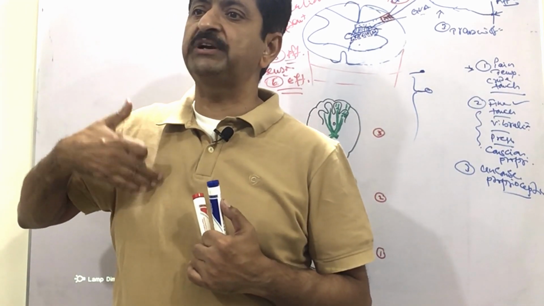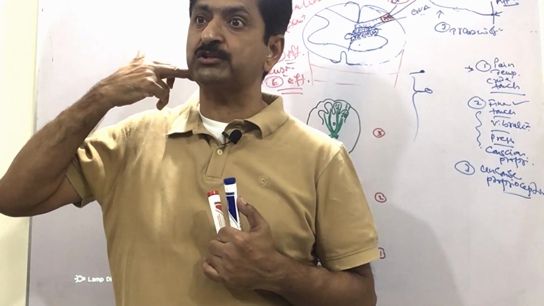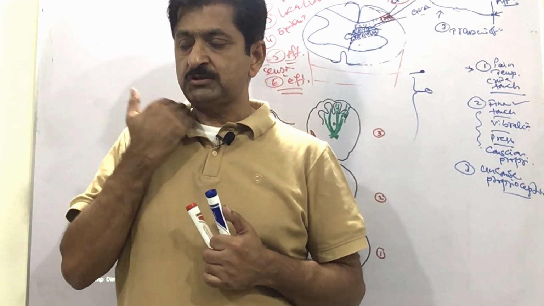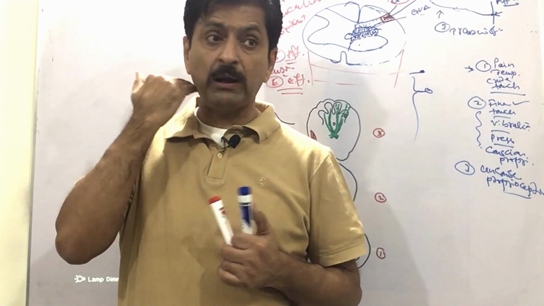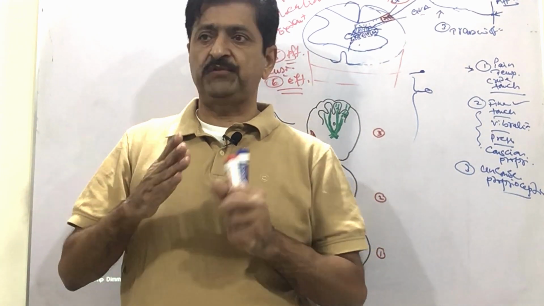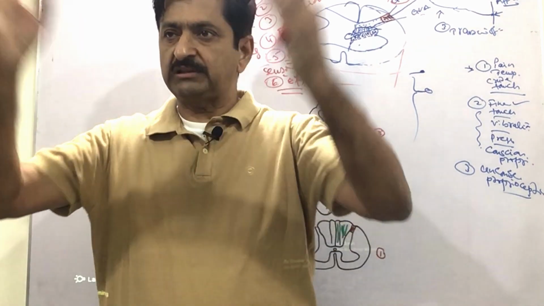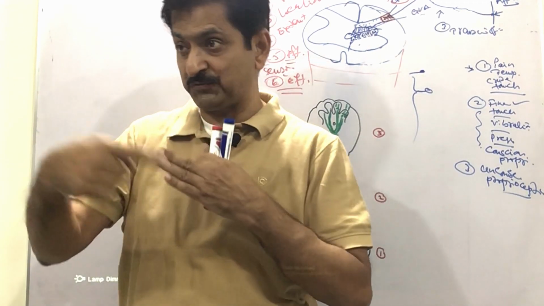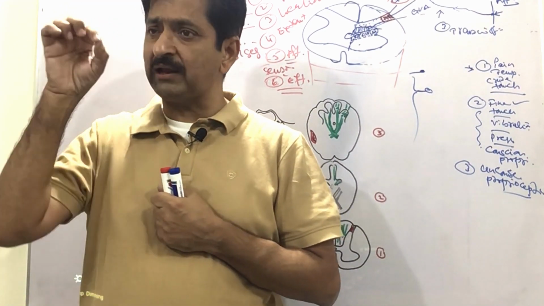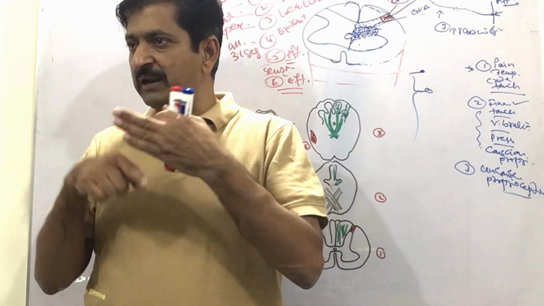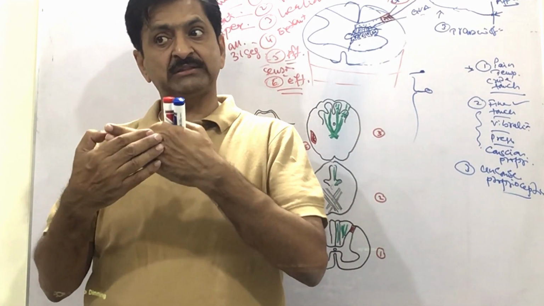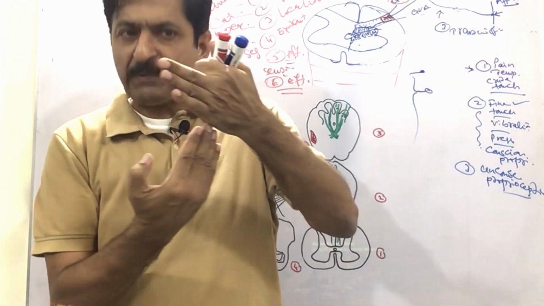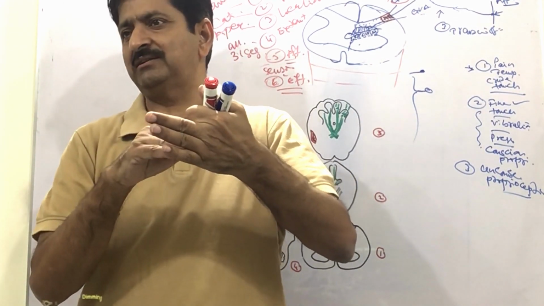So from T9 onward up to C1, or will they go through the medulla also? Surely, because the thalamus does not come after the spinal cord, it comes after the brainstem. So from the medulla, then from the pons, then from the midbrain, and after the midbrain, onto the thalamus. And when we reach the thalamus, you have to go through the subthalamus first. If you are in the tegmentum of the brainstem's midbrain portion, you don't have to go through the hypothalamus, but you have to go through the subthalamus.